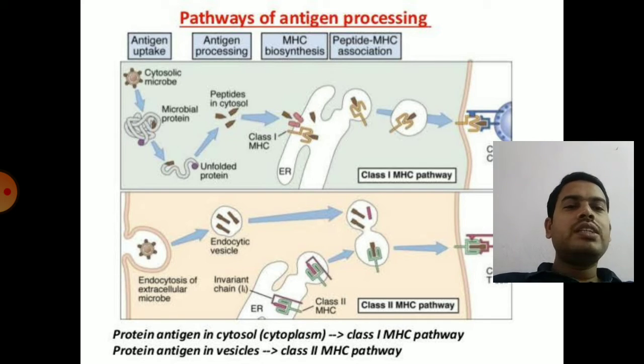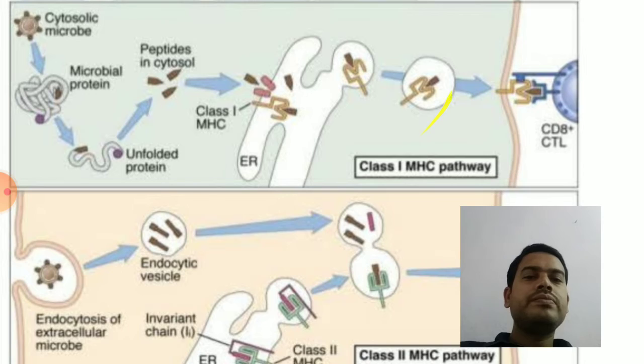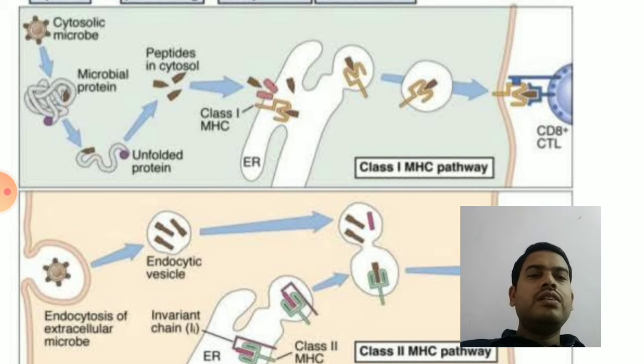From the Golgi complex, it is transported onto the plasma membrane, where it is presented to CD8 receptor containing cytotoxic cells. So for microbial endogenous antigen by the cytosolic pathway, MHC class 1 will process the antigen and present it to CD8 receptor